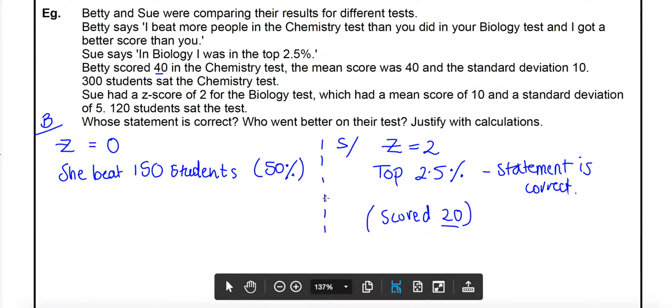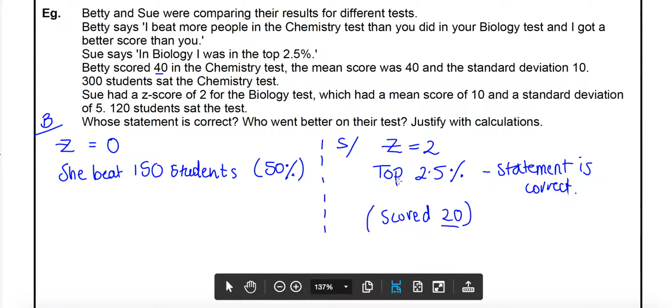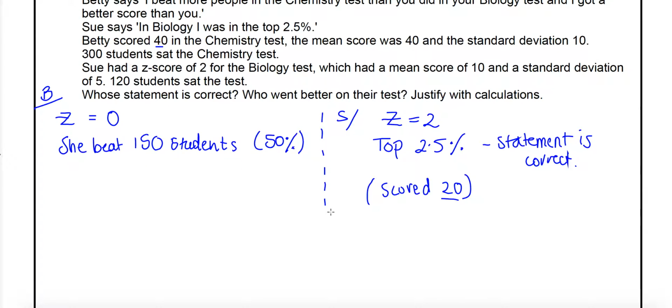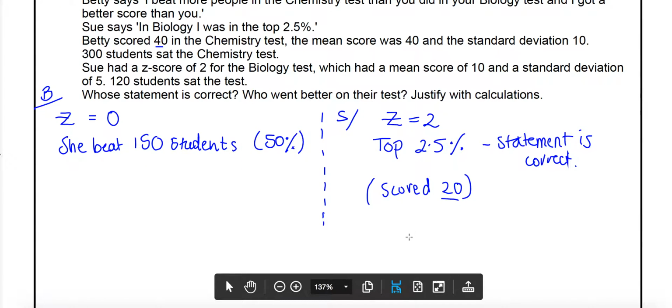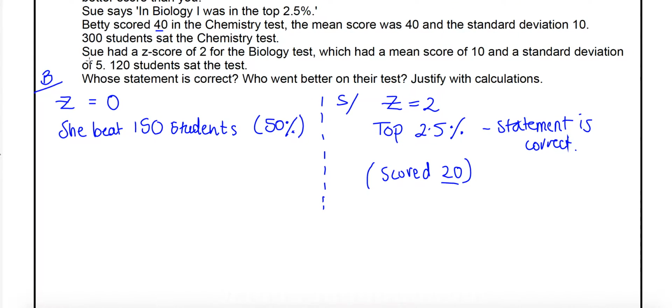But when we look at the Z scores, and that's what we do when we compare results from different distributions, we can see that Sue has in fact scored, in terms of percentages, the better score. We can also have a look at how many people she's actually outdone in the test. It says here that there were 120 students who sat the test. So if she has performed in the top 2.5%, it means that 97.5% of students were below her